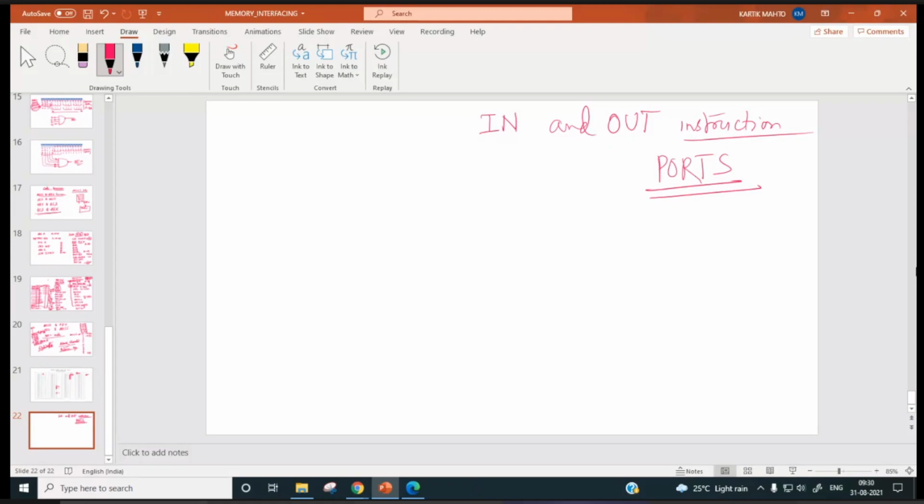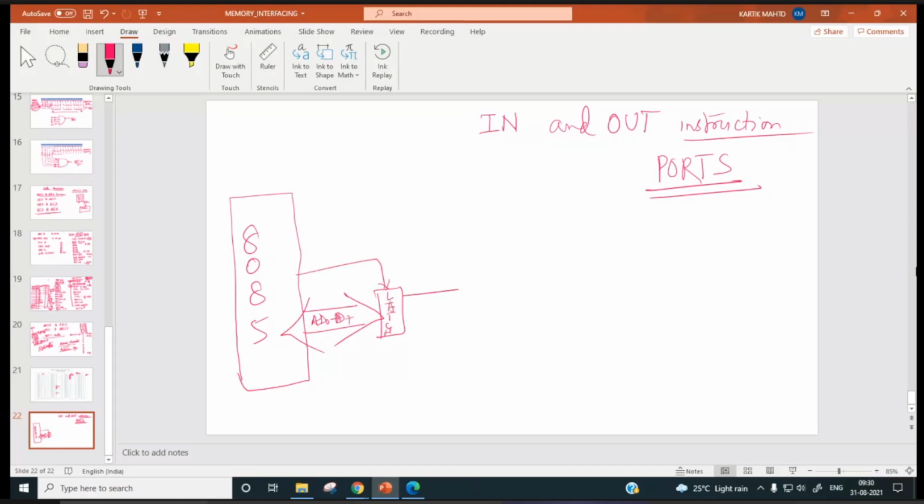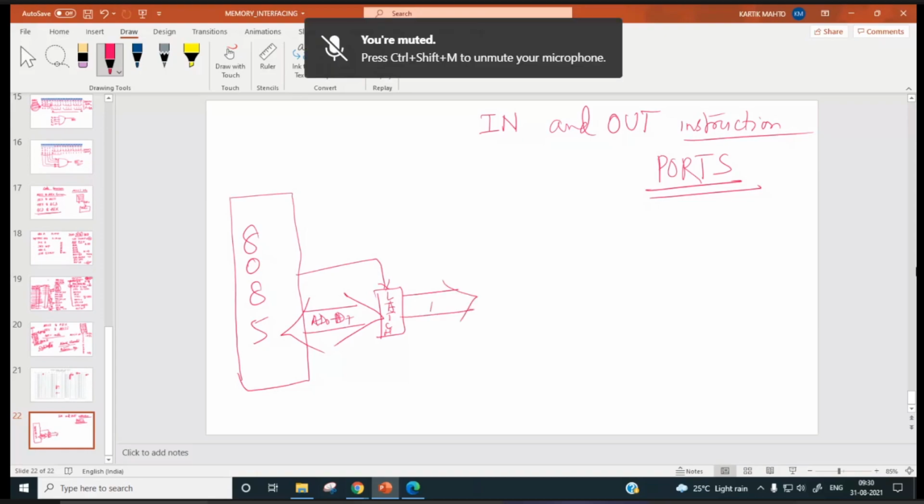In the last class we discussed, suppose we interface 8085 with a memory chip. AD0 to AD7 will be connected to a latch first, and the latch is going to produce the lower order address byte A0 to A7.